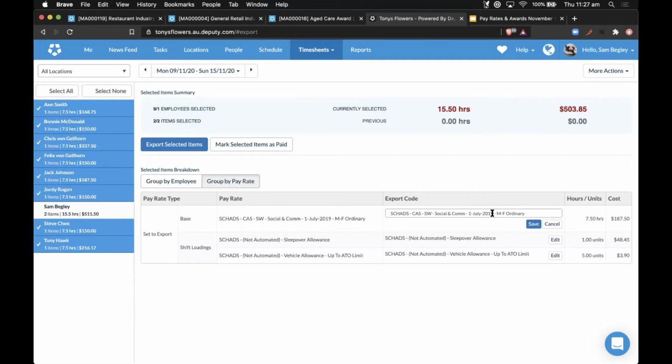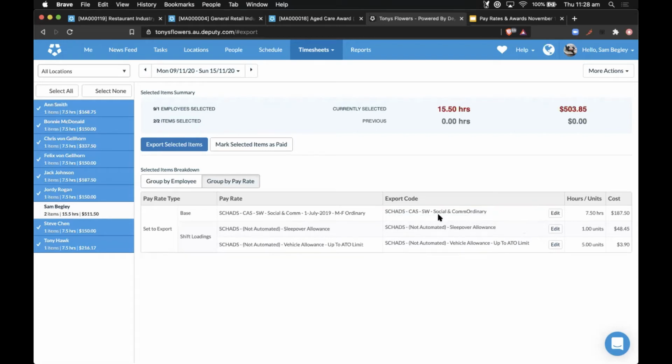So for example, the dates, or the Monday to Friday, like ordinary is already indicative of it, and all that kind of stuff. Then you can hit save, and as you can see, it's resaved it to a shorter length. So when you export it to MYOB, it will accept it because it's less than 31 characters.